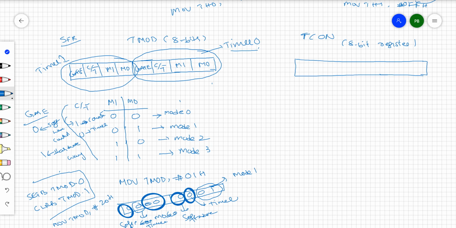Based on the programmer's requirement, whether we use timer 0 as a counter or timer, timer 1 as a counter or timer, or in what mode we want to control them, we need to place some data in this particular TMOD register. So this is the way.